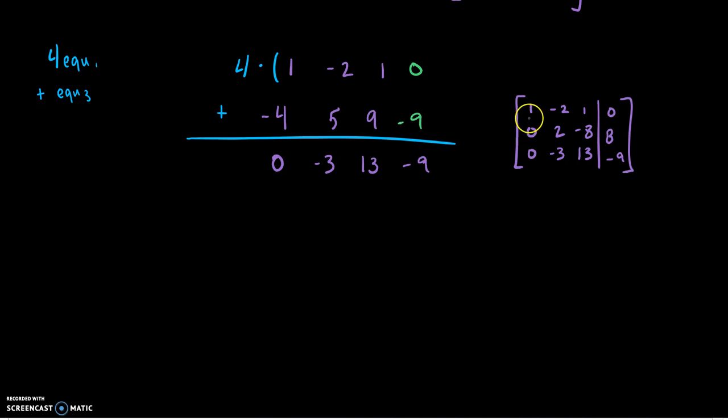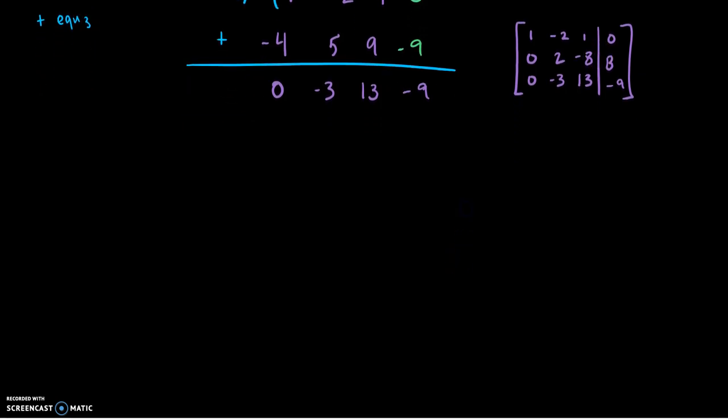So now that we're done with that, we're going to move on to equation 2. All right? And once we're working with equation 2, we can do a similar process. First, before I even start doing anything to equation 2, I want to scale this down a little bit. You can see that this is all divisible by 2, so let's go ahead and do that. So we're just going to say 1/2